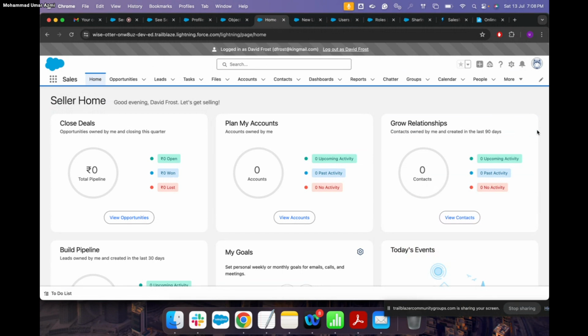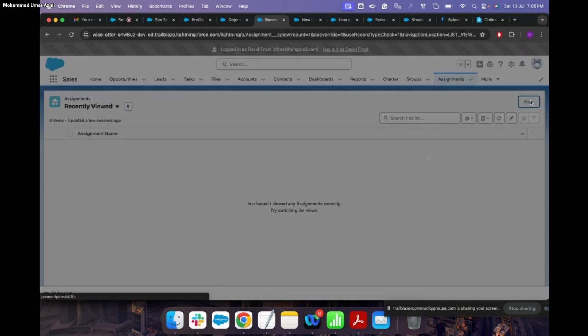And also it has report permissions, whether you can view a report, whether you can create a folder, whether you can manage other reports and everything, right? So what we just did is we gave the access of the assignment. If you see, assignment is coming over here. If I click on assignment, I am able to create